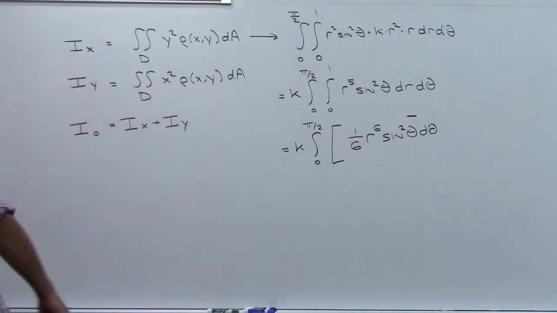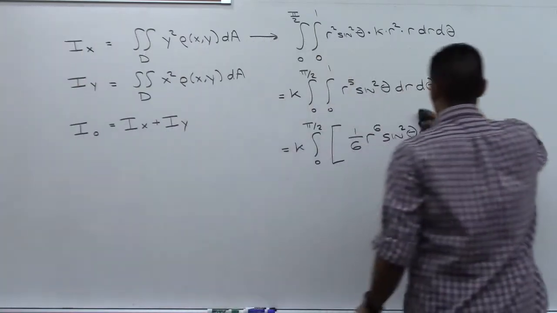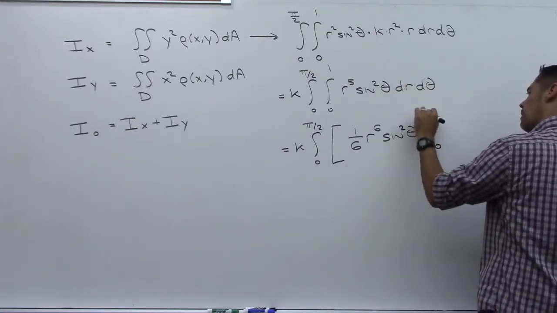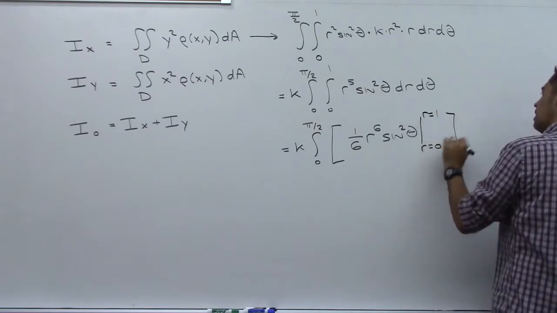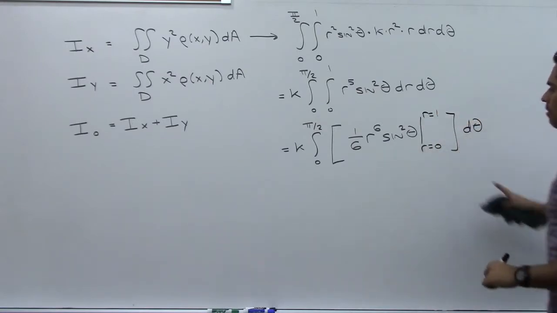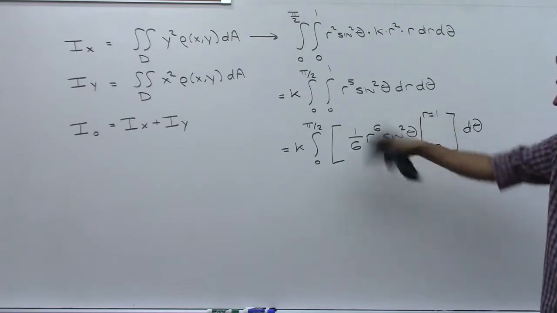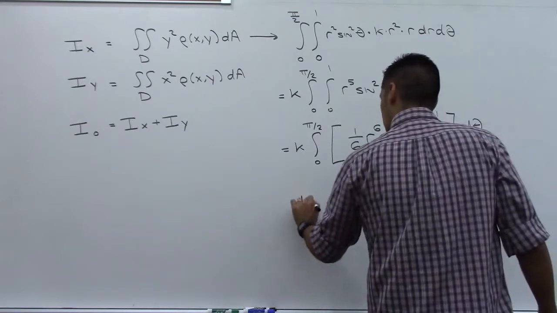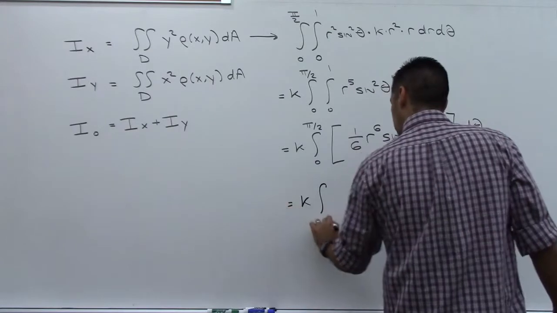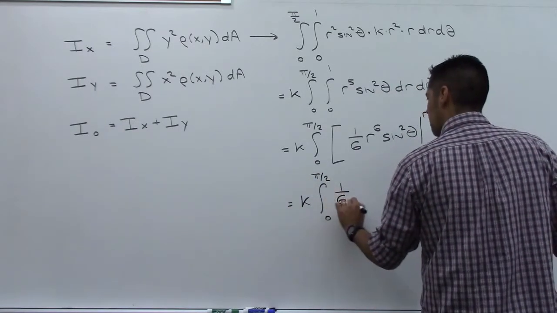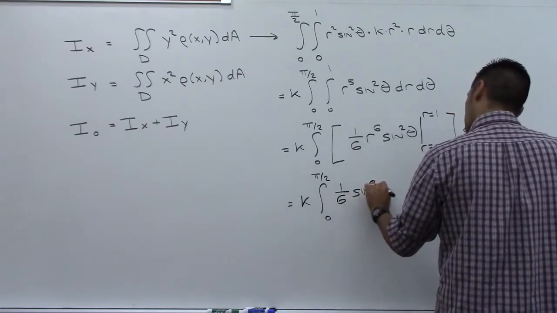I need to evaluate it from r equals 0 to 1, and then d theta. When we plug in 1 for r, we get 1/6 sine squared theta. We plug in 0, it's all gone. So this is just going to become k integral 0 to pi over 2 of 1/6 times sine squared theta